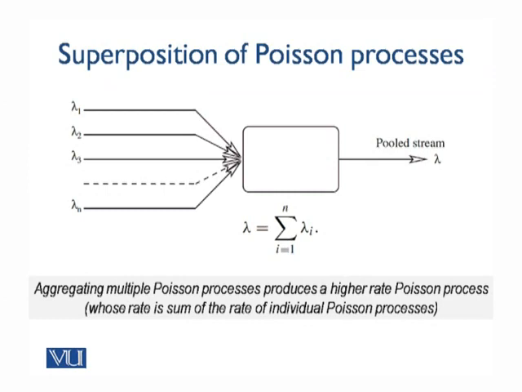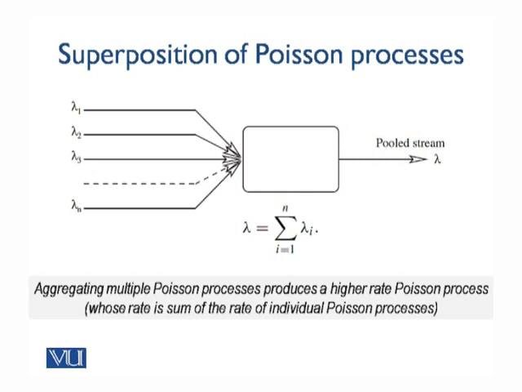So when we consider queuing networks, we would see that this property is very important, because we know by now that analysis with the assumption of Poisson arrival is very convenient. For other models, it is quite complex. So we want our arrival patterns to be always Poisson if at all possible. So this is a good result, that if we aggregate multiple Poisson streams, you get a single Poisson stream with